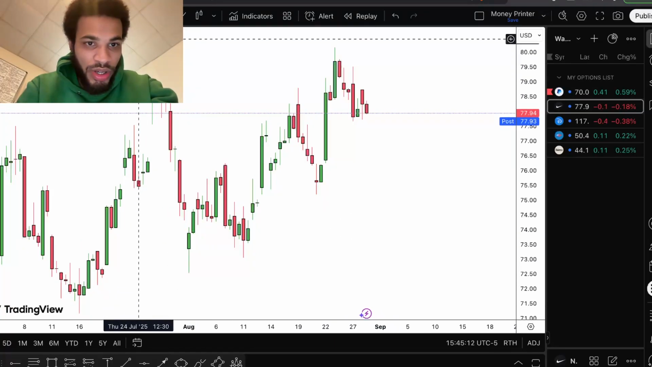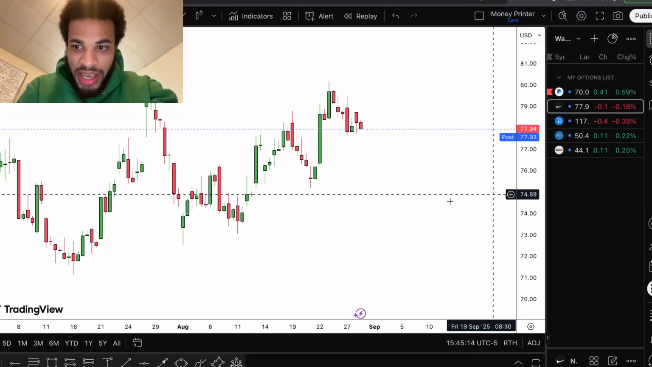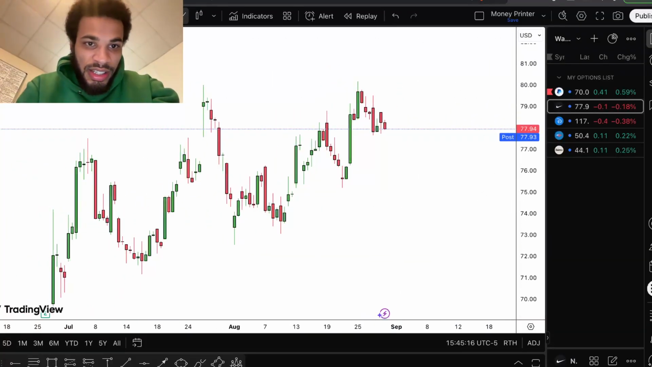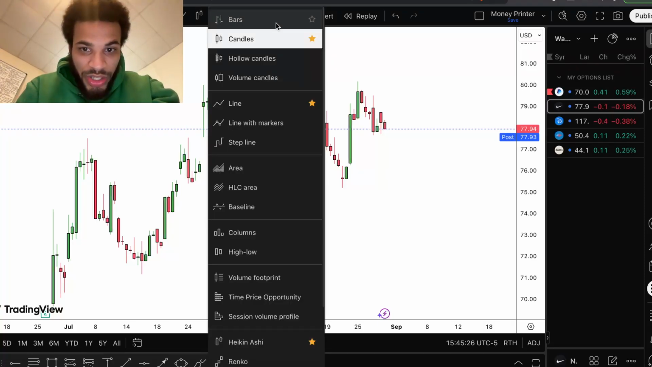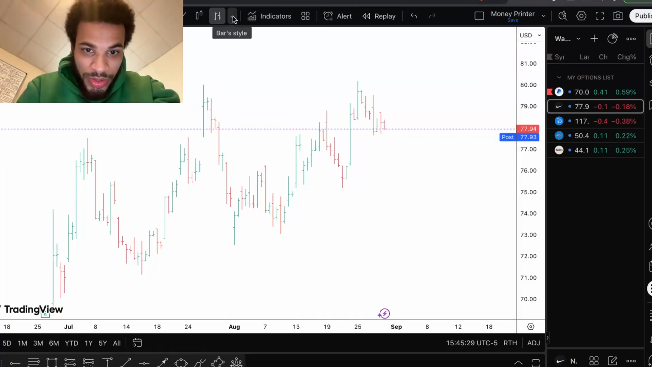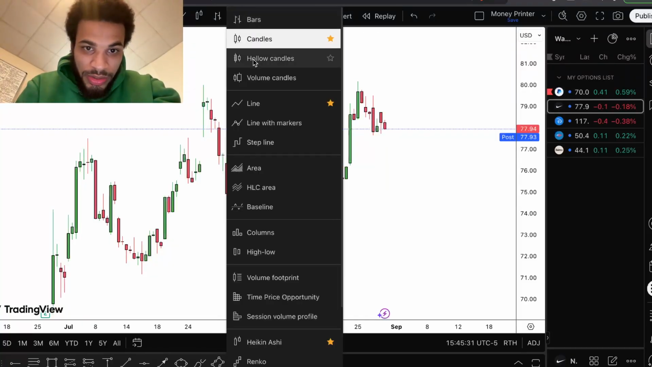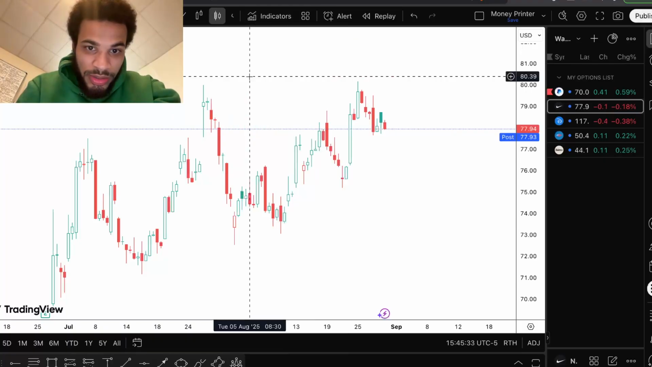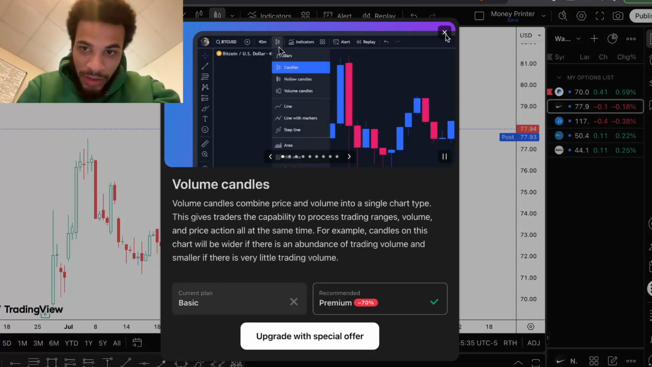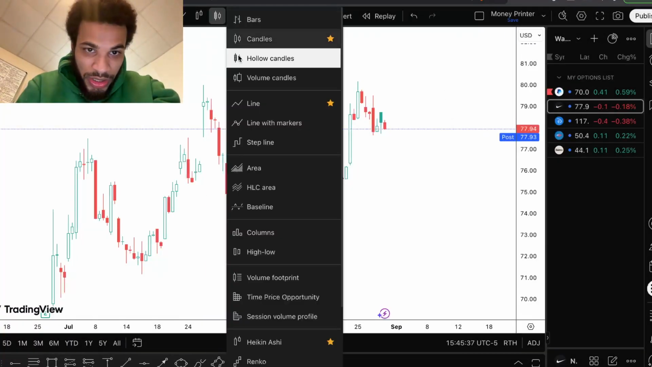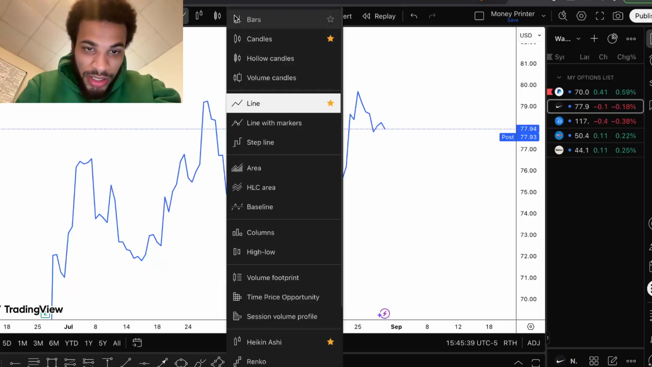And then if you want to change the candlesticks, like I was discussing in the other videos, if you want to change the way they look, this section right here, just press this arrow where it says bar style, and then you can change them. You can press bars if you want to, like that. Candles, hollow candles, volume candle. Oh, you can't even use that right now because I don't even got a paid plan. You can do a line chart,